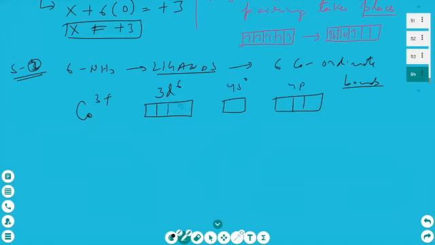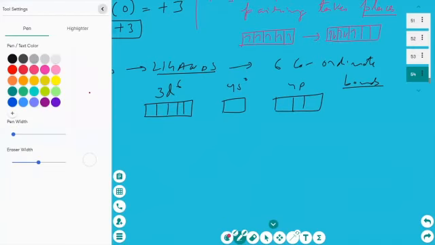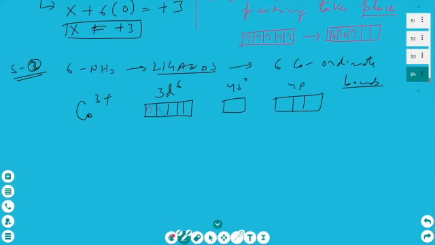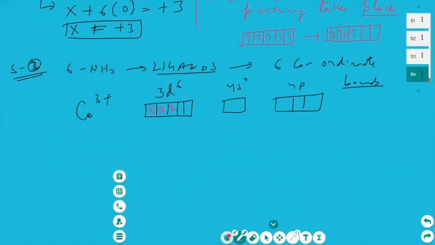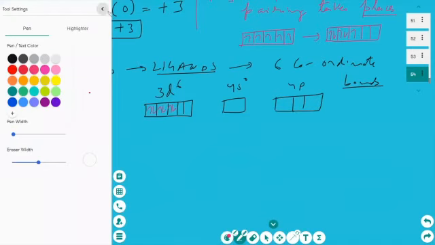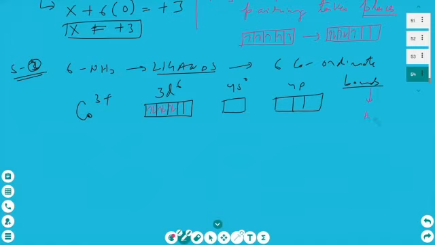So total 5 orbitals are there in 3d. Now there are total 6 electrons, and I told you pairing will take place. So singly filled, and again there is a pairing. So this pairing is over. Now you need 6 orbitals for formation of 6 covalent bonds. So it needs 6 empty orbitals.